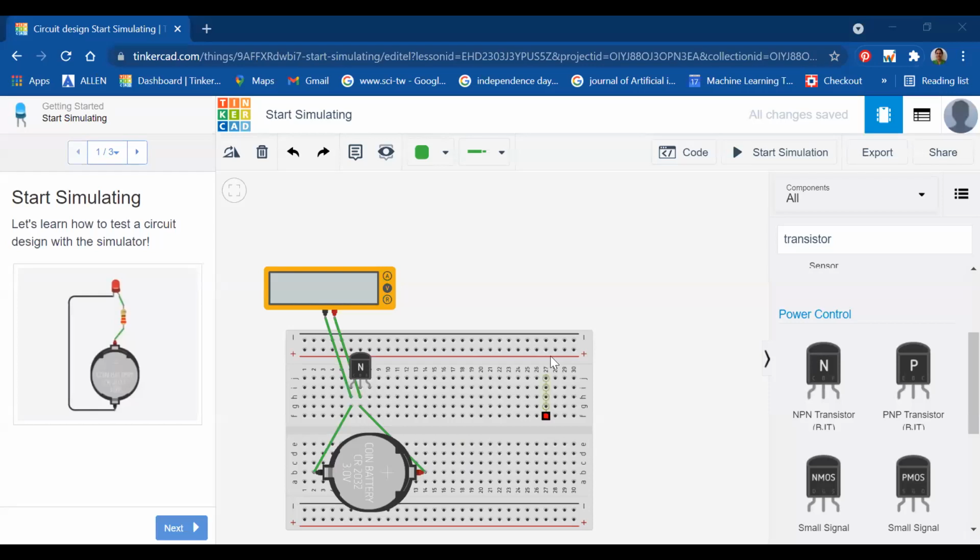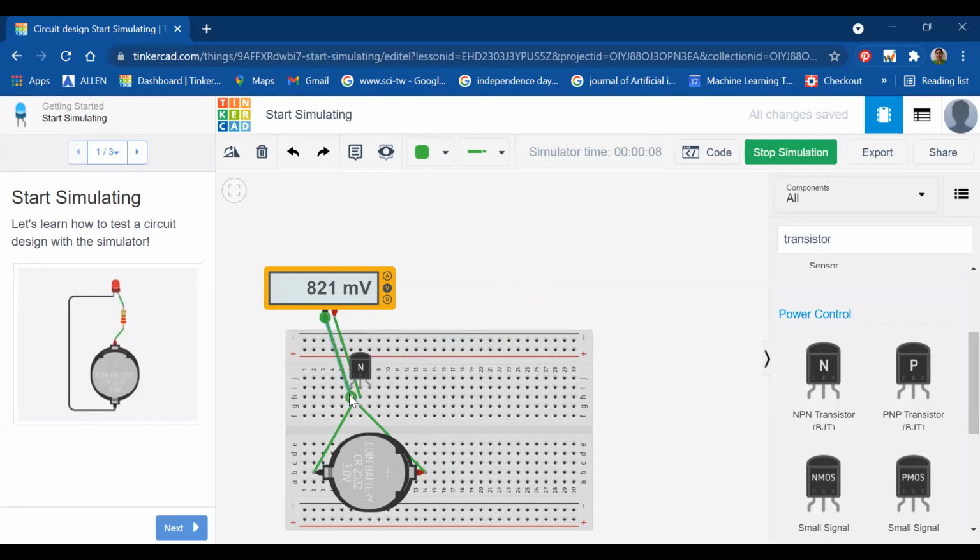So now we come to the Tinkercad working of this experiment. I have an NPN transistor here, and I have connected our 3 volts to the first 2 terminals. I don't know which is the emitter and which is the base. For the first 2 pins, I have connected the battery like this, and I have given the multimeter connection. So just see what happens here. You can see that it is 821 millivolts. That means it is in the working state.